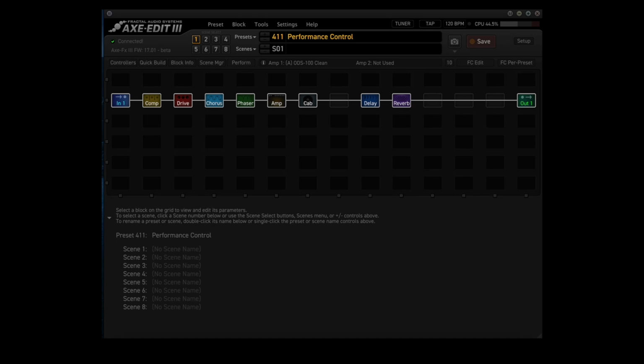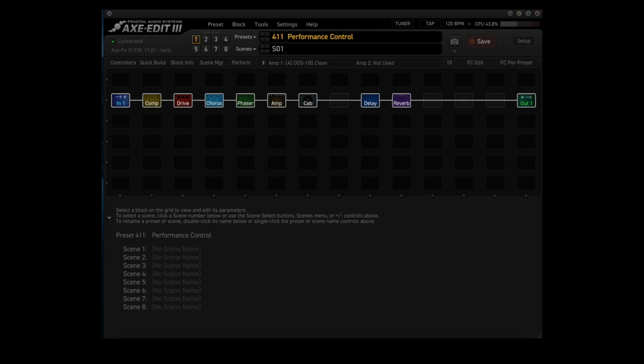Now you need to decide whether you want to set up the global page or the per preset page. Remember, parameters placed on the global page stay there as you change presets. Those on the per preset page will be different from one preset to another. The global page might contain your top 10 go-to parameters. Many players will place the basic knobs of the amp1 block here: drive, bass, mid, treble, presence, depth, master volume,